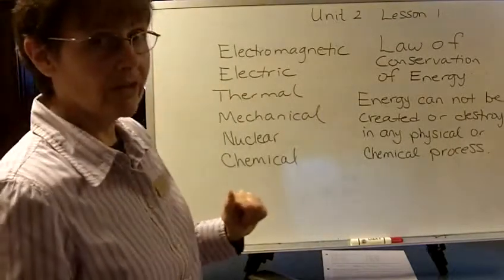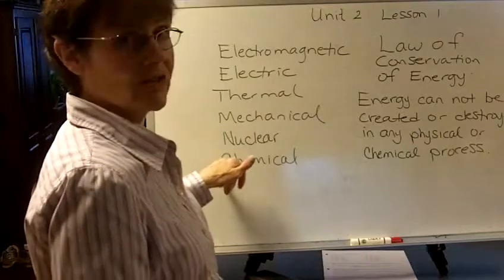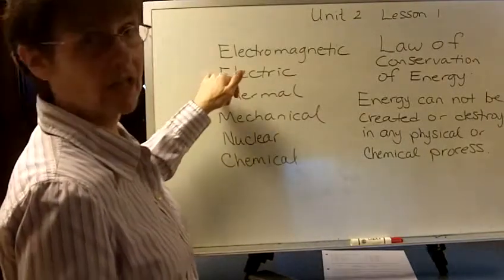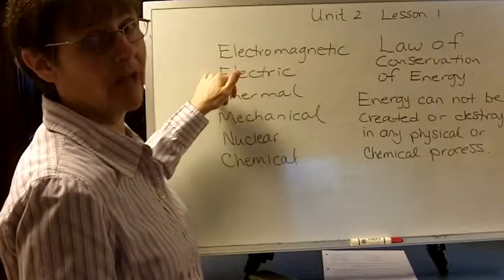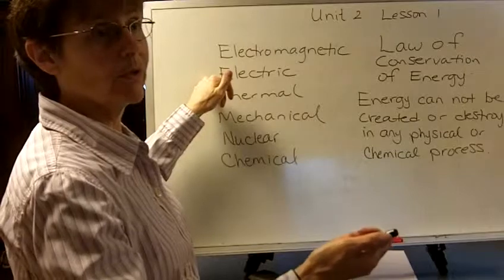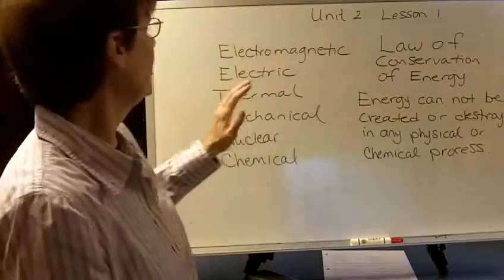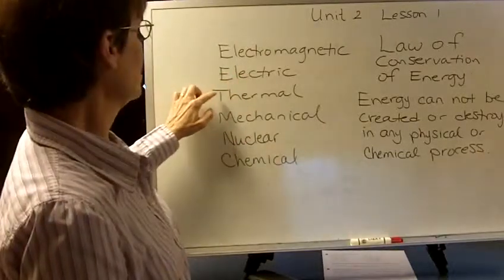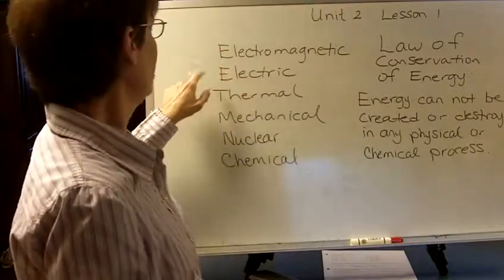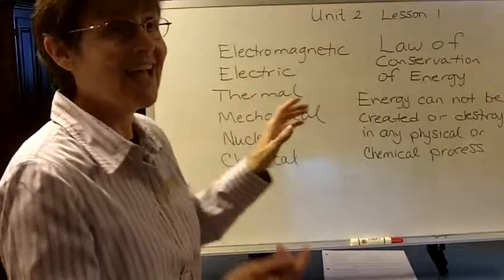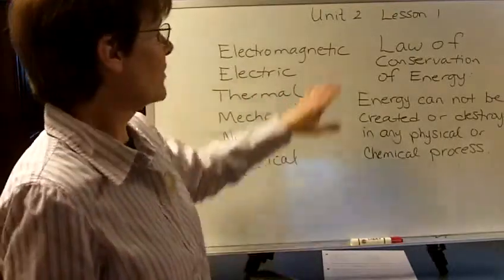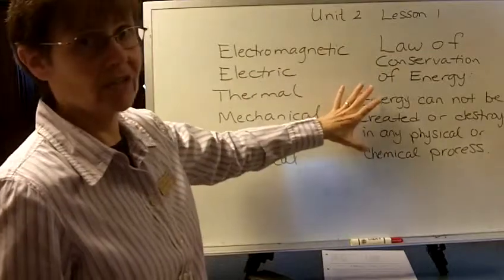If you start with a battery, then you have chemical energy that gets converted into electric energy, because that's the whole point of a battery. And then that electric energy may be used to produce, let's say you have a flashlight with batteries in it, electromagnetic energy. And if the light bulb gets hot, it also produces some thermal energy. So we have all these energy transitions that can happen, but energy is neither created nor destroyed,